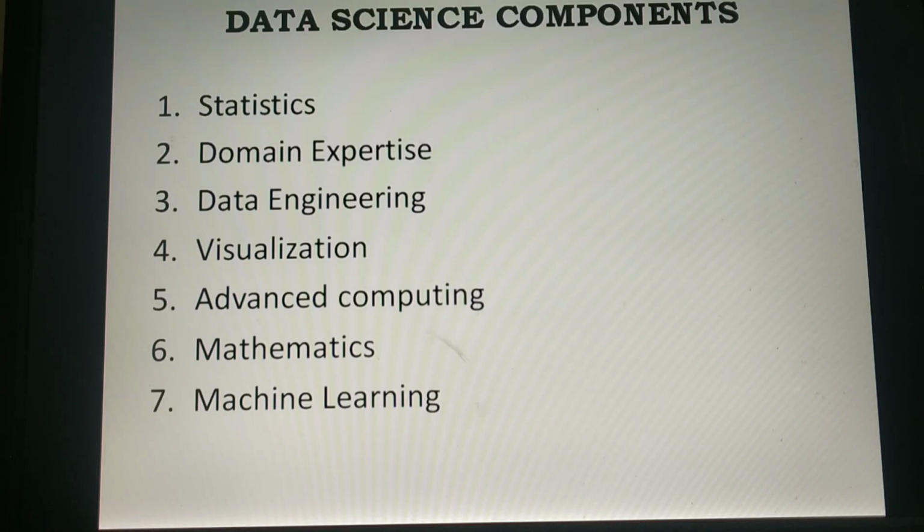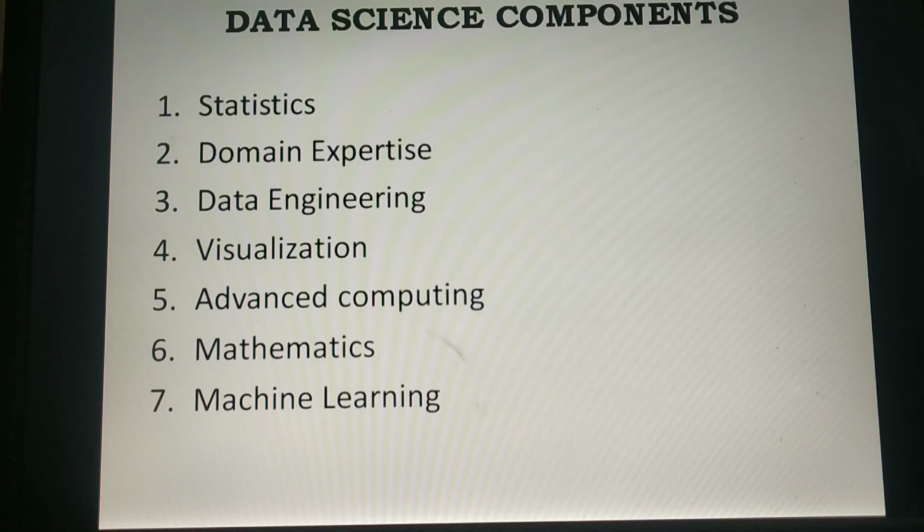Statistics is one of the most important components of data science because statistics is the way to collect and analyze the numerical data in a large amount and find meaningful information from it. Statistics gives the quantity of the data, how much data is stored in the database, or retrieved from the database, or accessed from the database. That can be easily calculated by using statistics. Next, the second component is